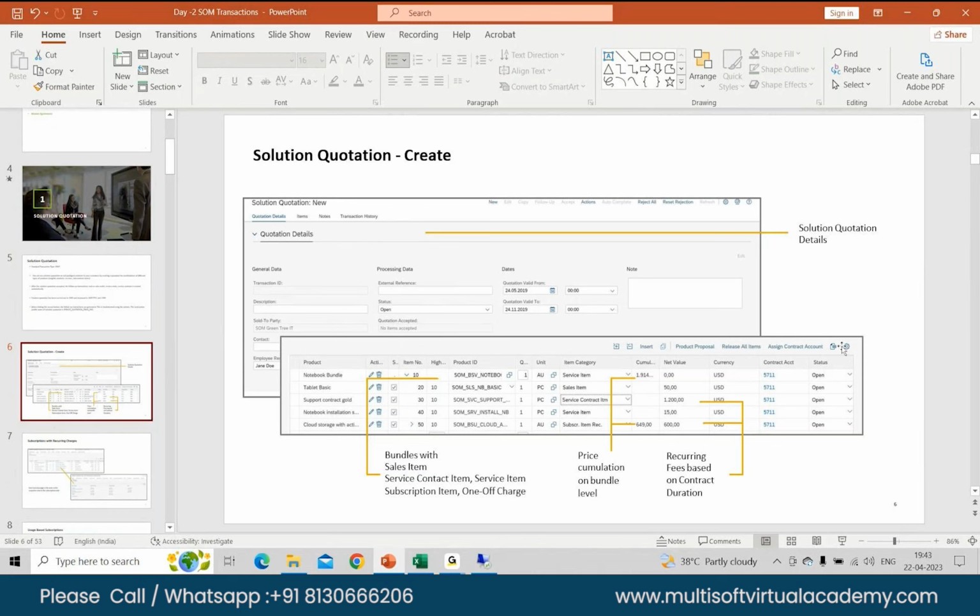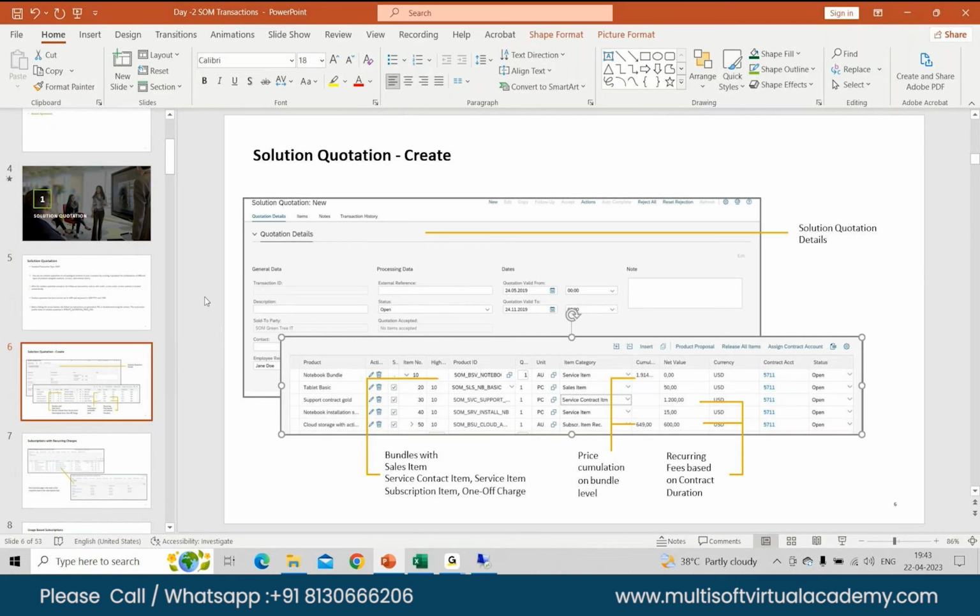There is also a status item over here. If you see here, there is a release all items icon. So what you do is, once everything is done, you can release all items, and then this status goes to released. Once your status goes to released, you can save, and then you can accept. So first you save it, and then you accept it. Once you save it, you'll see that a transaction ID gets generated internally, and you can come back and you can either send it for authorization. If, let's say, you don't have authorization to accept a solution quotation which creates follow-on documents, you just save